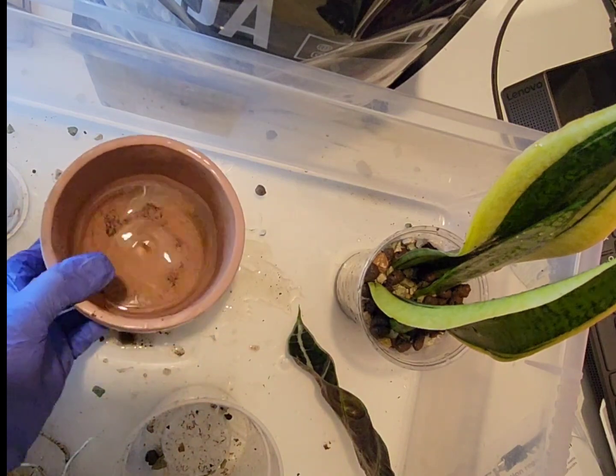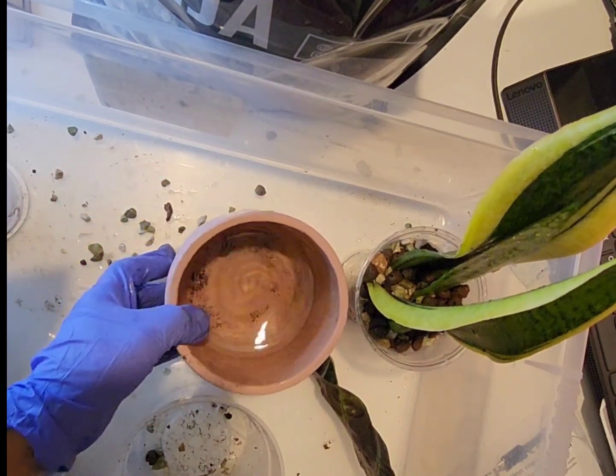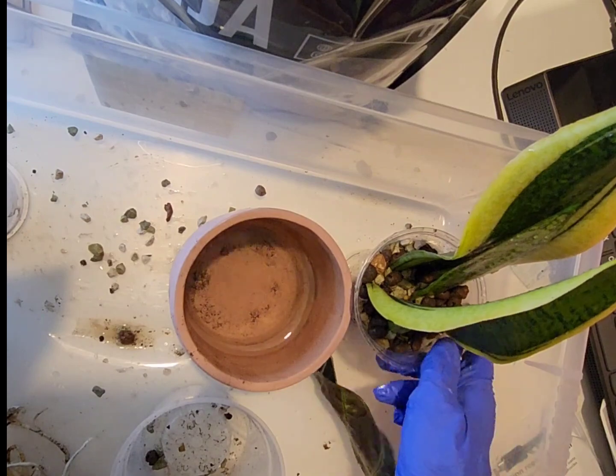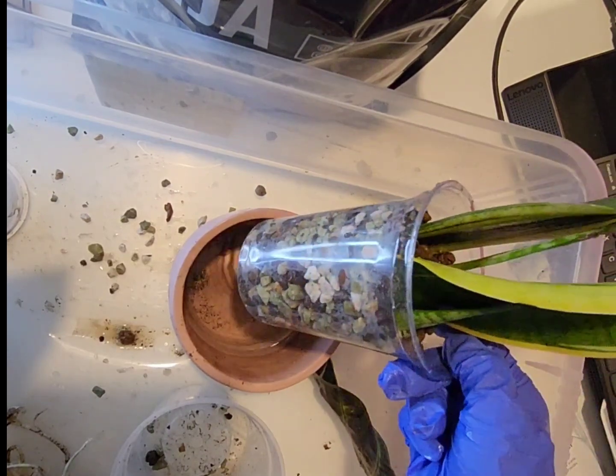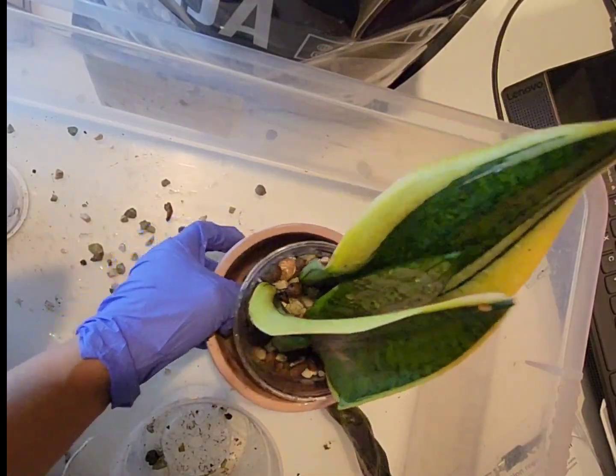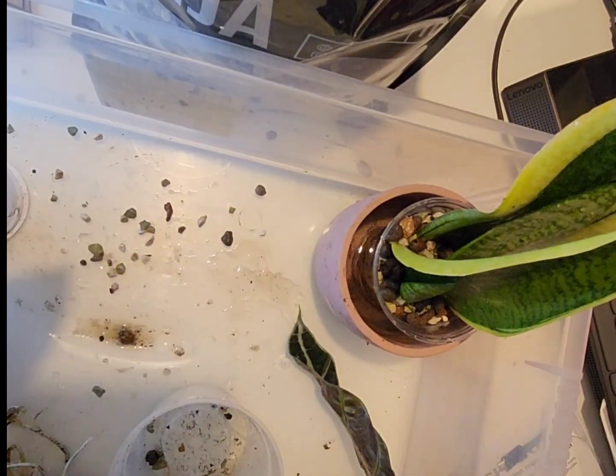So the pot had a bit of a rinse, and it's now in some clean water. Just popping my gloves back on. Yeah, it's now in some clean water, and said snake plant can go in there, and that's my first one done. So on to the next one,